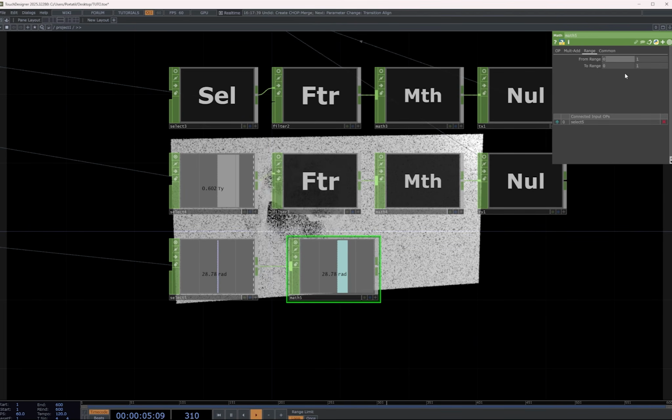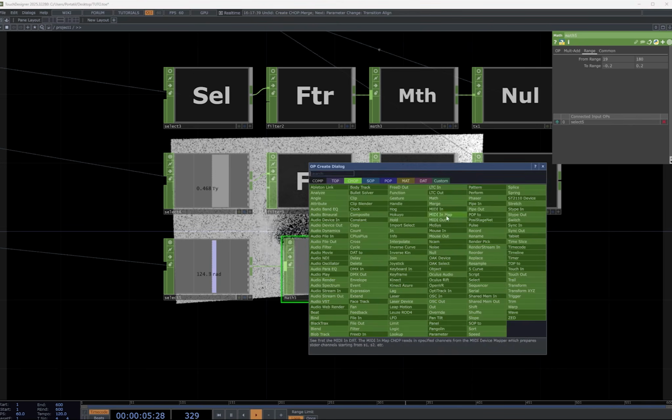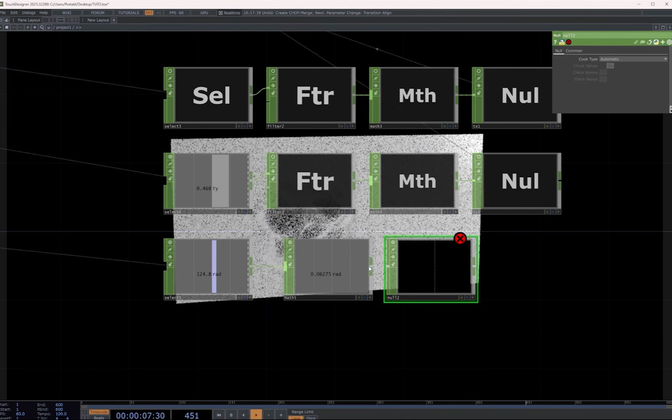So range 19 here. In the second, when I put all my finger in the screen is 180. Wait, I missed, little mistake. Okay, and we want it to be, we said, from minus 0.2 to 0.2. So now we have our radius mapped,